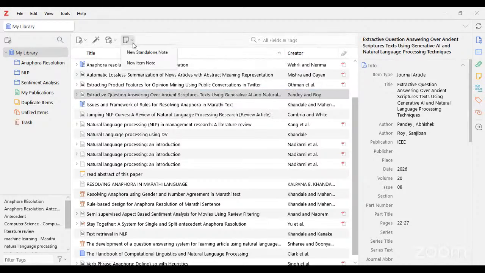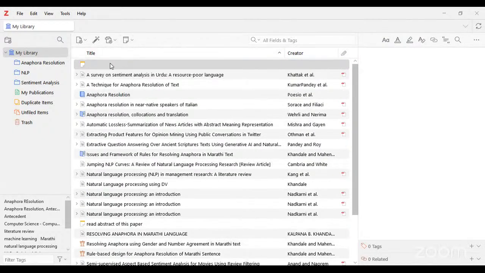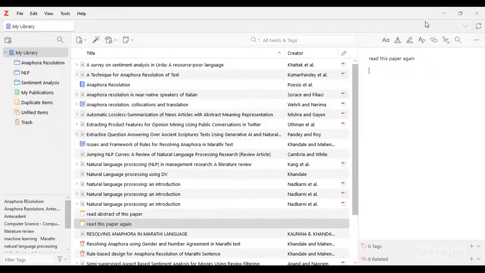I can just simply click on the new standalone note, and you see here you can write, suppose, read this paper again, hit enter. This note you can see here, read this paper again. It is showing in this library, in this middle section.